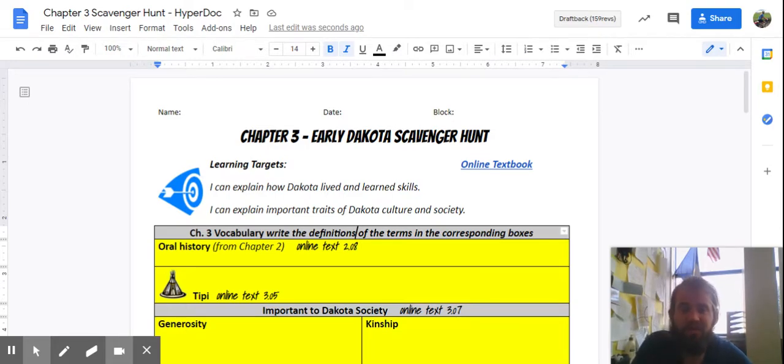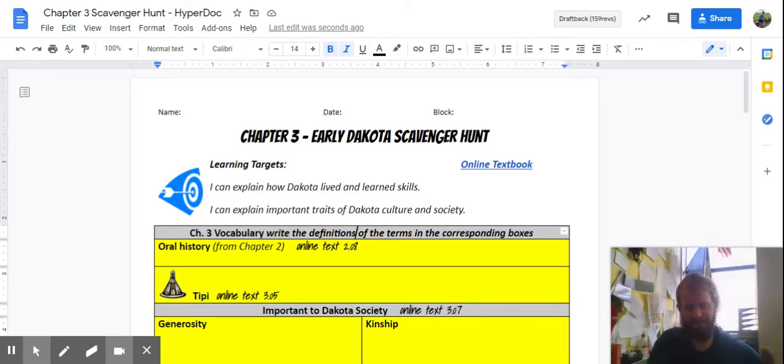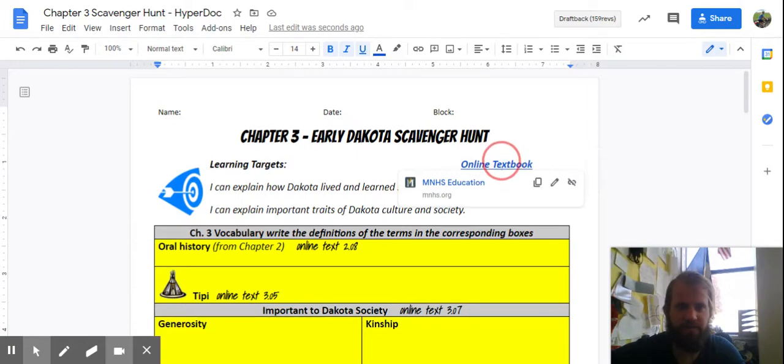I'm looking at the Early Dakota Scavenger Hunt. This is posted on Google Classroom, and right off the bat, I have a link that we can see that brings us to the online textbook over here where my mouse is highlighting. It will bring you to the online textbook. When you open up this, you'll go to the text. We can see it kind of hiding out right here, and that will help us out to find some of